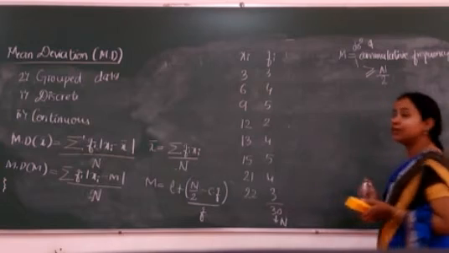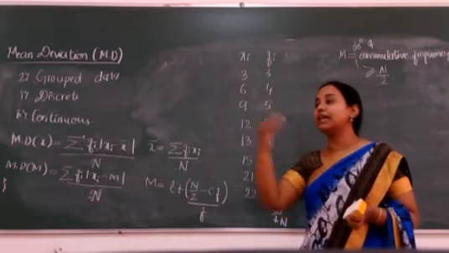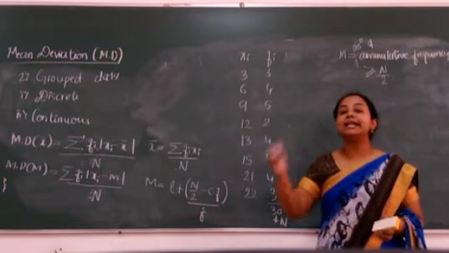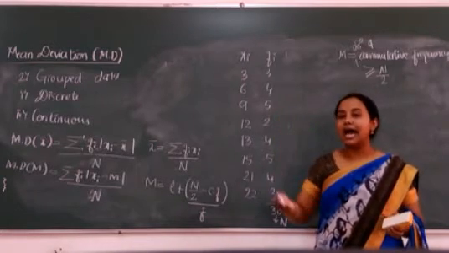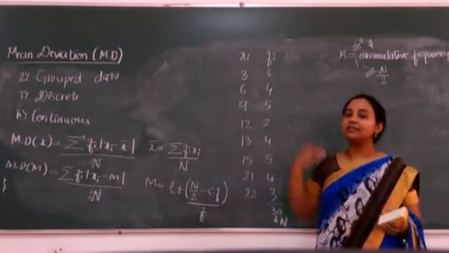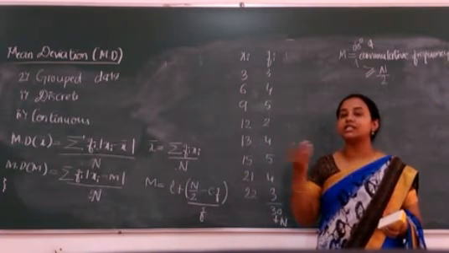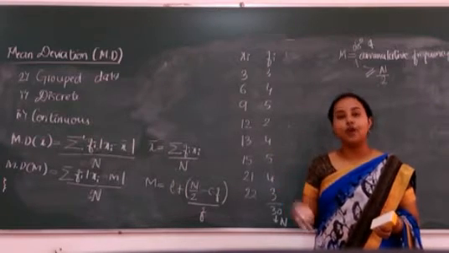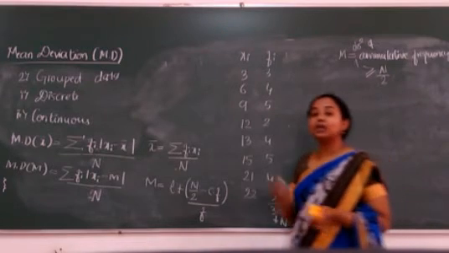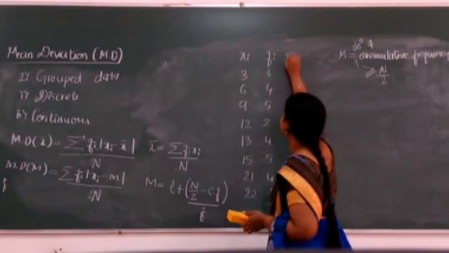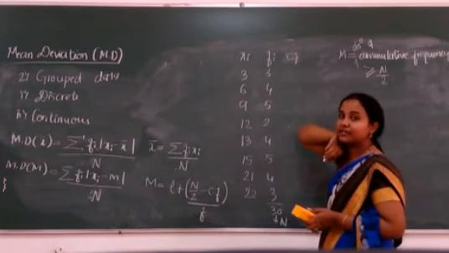What does cumulative frequency mean? Cumulative means considering our previous sum, we get our next sum. It is a cumulative sum, you might have heard. It is recurring: I take the previous one, add the next one, again the previous sum is taken and added, and it goes on. The frequency calculated in a cumulative form is nothing but your cumulative frequency. So here one more column will come, the cumulative frequency, CF generally we denote.